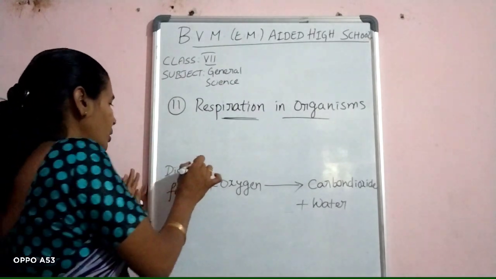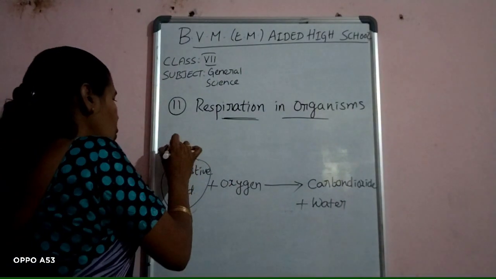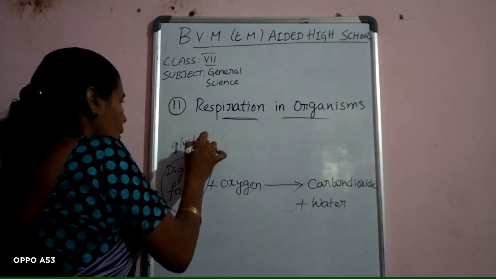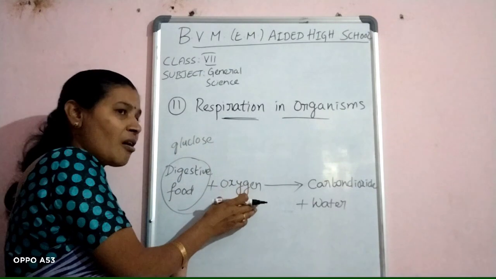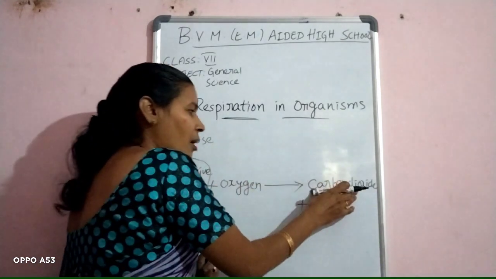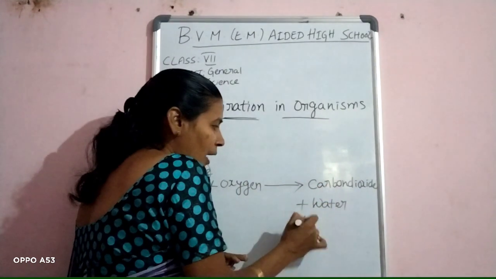Here, digestive food means glucose. Glucose, in the presence of oxygen, converts into carbon dioxide and water and releases